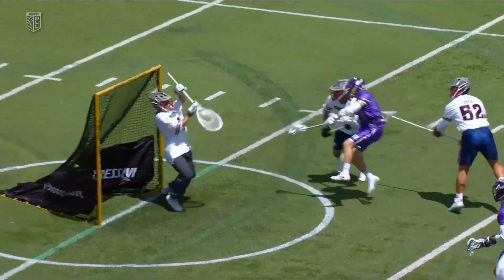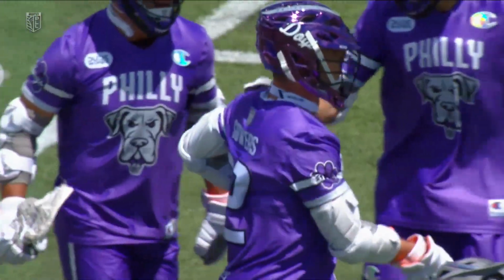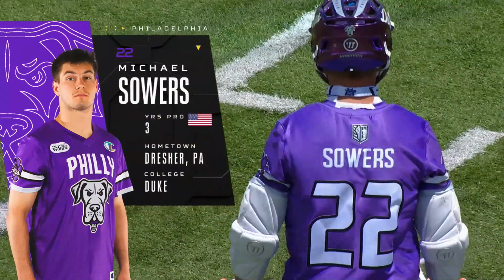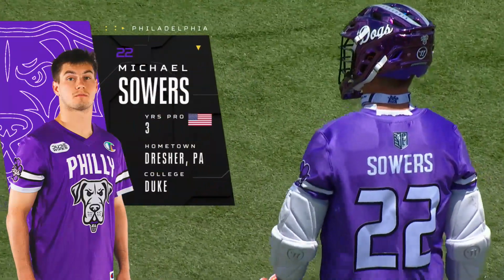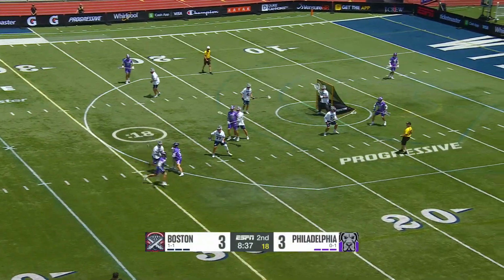Good point for the Waterdogs here is the off-ball cuts really made it impossible for Boston to send an early double there. And so these early possessions, you're usually trying to gauge, hey, what's the opponent's slide mentality? Well, the Waterdogs...